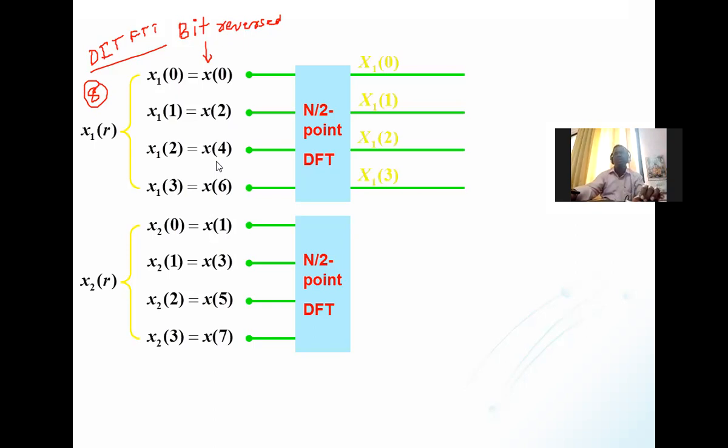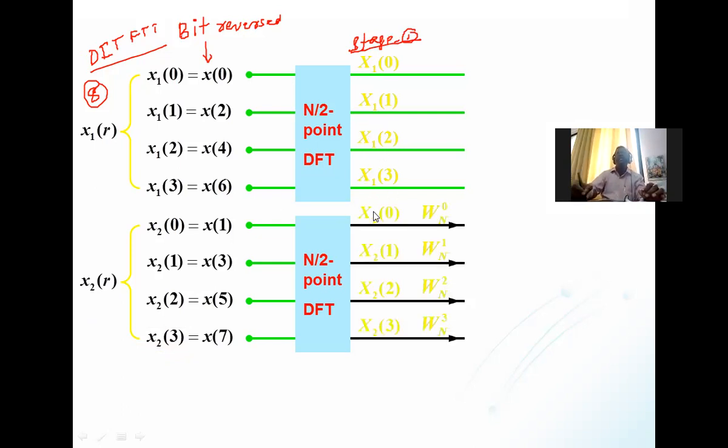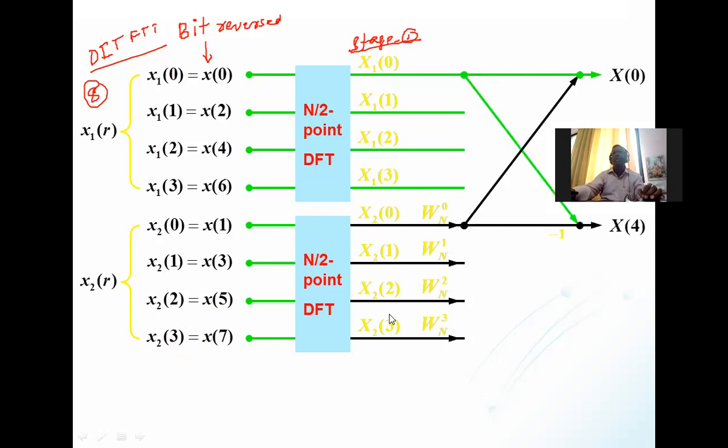This is what we are calling the middle stage, or stage 1 computation. That's what we are calling x1 of 0, x1 of 1, x1 of 2, and x1 of 3. And then again, the further half part is calculated with the second equation, that is x2 of 0, x2 of 1, x2 of 2, and x2 of 3. Then last, what we are doing is calculating the 8 point value, right?